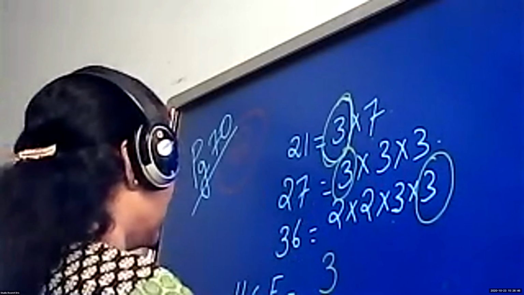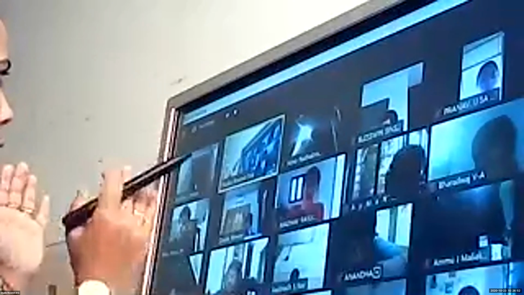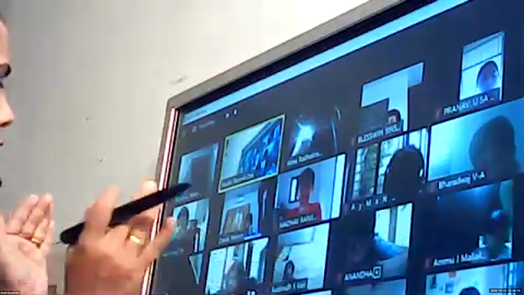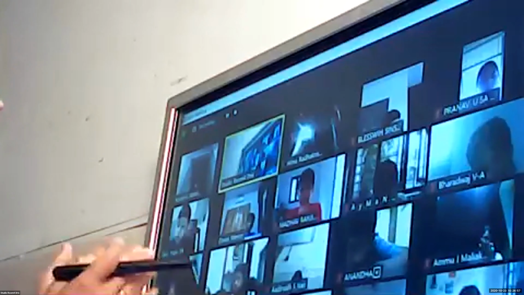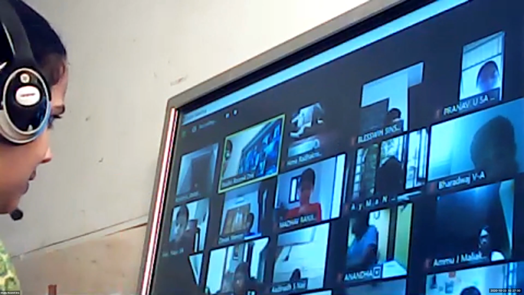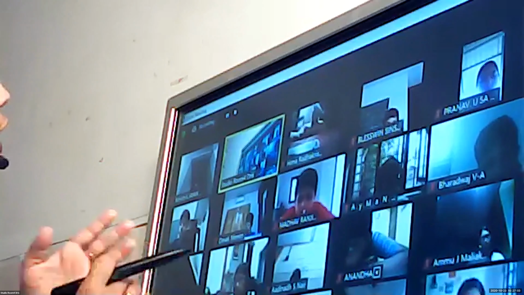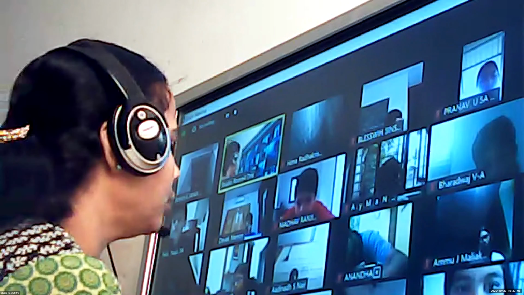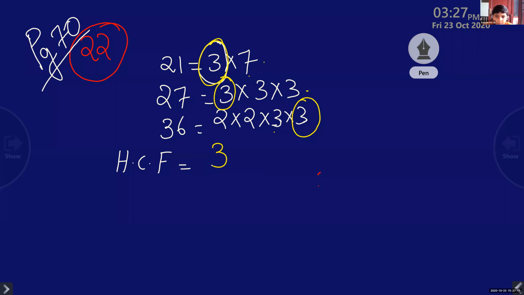Okay. So do any children have a doubt here about HCF? How to find HCF? Children, if you have a doubt in writing all the numbers together and finding the factorization, you can take one by one. You can use factorization like factor tree or division method. You have to write the number as the product of prime numbers. Now highest common means you have to take only common factors from here. We cannot take others. But LCM, that is least common multiple. Least common means, if it is not common in all, you can take it.